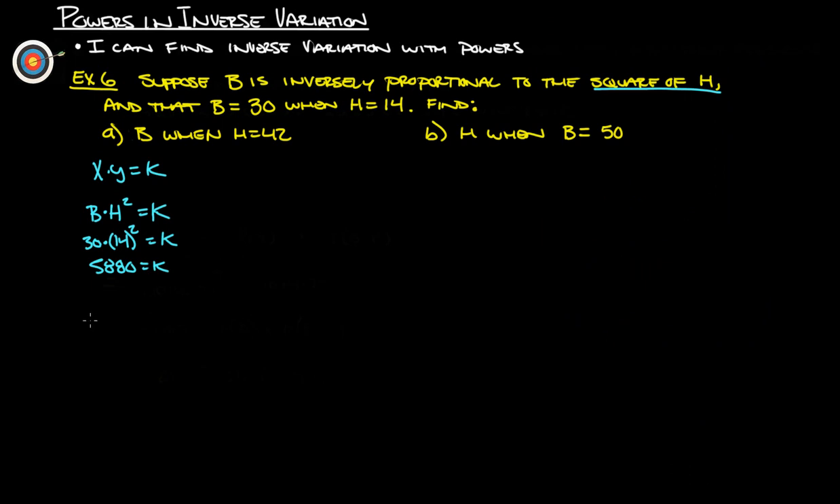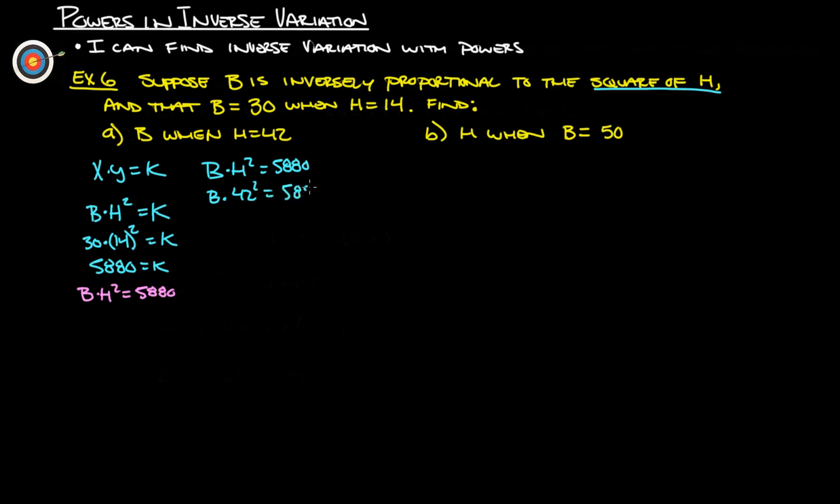So that means our formula here is going to be bh squared equals k. So it's going to be b times h squared equals 5880. And that's our formula that we can use. Okay, so now to figure out b when h is 42, we've got b times h squared equals 5880. Right, so we're going to plug in h, so we'll do b times 42 squared